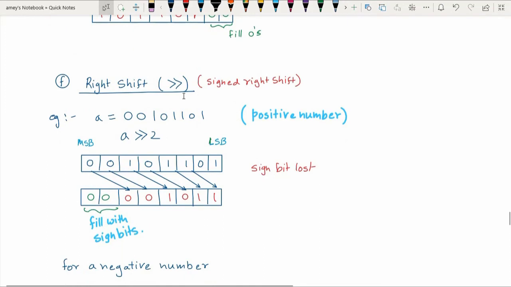Now the right shift operation can be either signed right shift or unsigned right shift. Signed right shift means what? Basically we have signed numbers, and whenever you represent signed numbers in binary, the most significant bit, if it is 0, means the number is positive, and if the most significant bit is 1, the number is negative. So this is basically a sign bit when you use signed binary numbers. Since this is 0, this is a positive number. Suppose A is